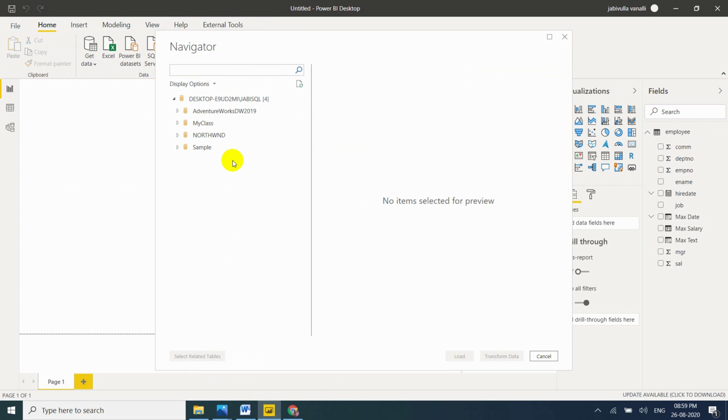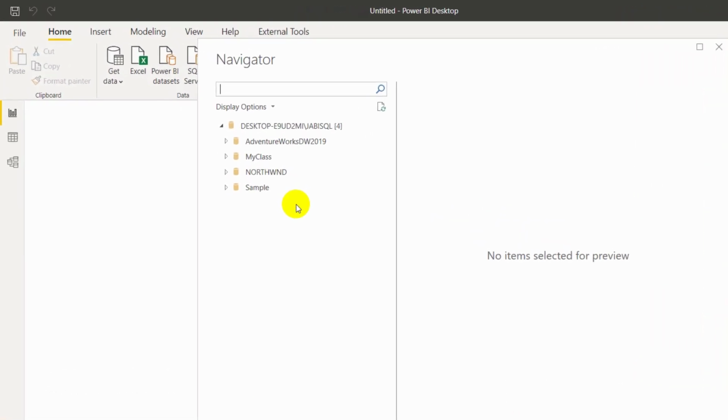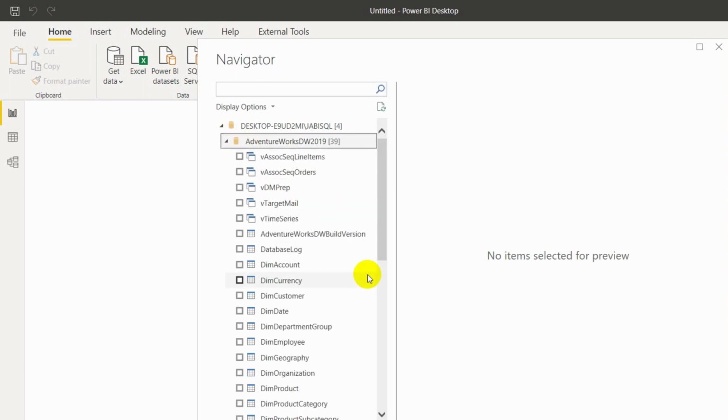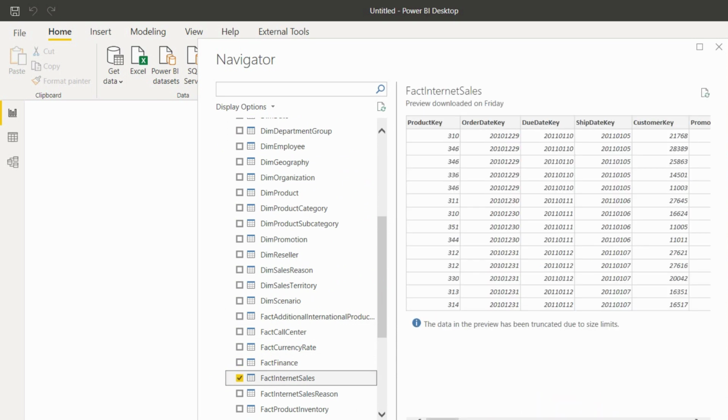If anybody is watching for the first time, please check class number 3 and 4, because in those classes I clearly explain how to download and install the AdventureWorks and Northwind databases. In this example I am using AdventureWorks. I want to take only FactInternetSales. One table is enough to show this example.